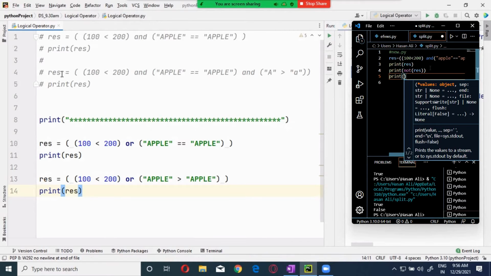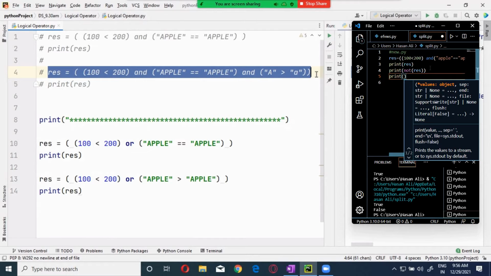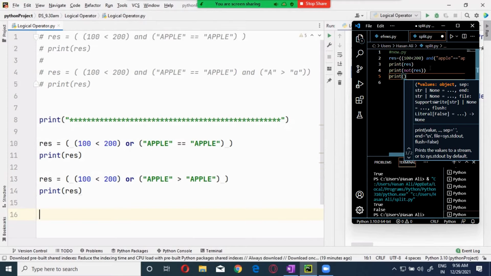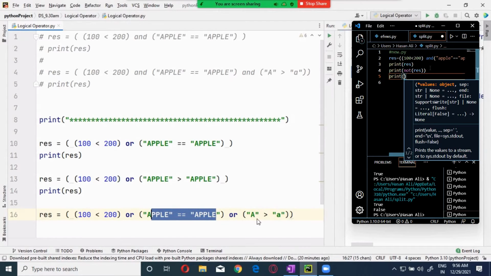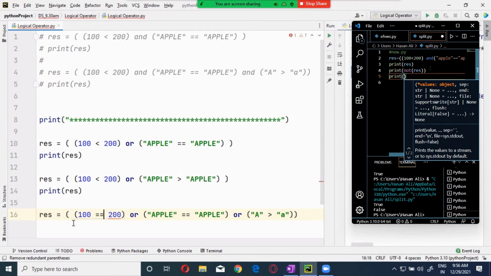Now let's take the one over here. You see this, I'm using an OR over here, and here we are using an OR over here. Now this one is true, this one is true, and this one is false. What is this? OR operator. Let's make this one also false. This one also I will make false. 100 is not equal to 200, it is false. This one is true, and this one is false.